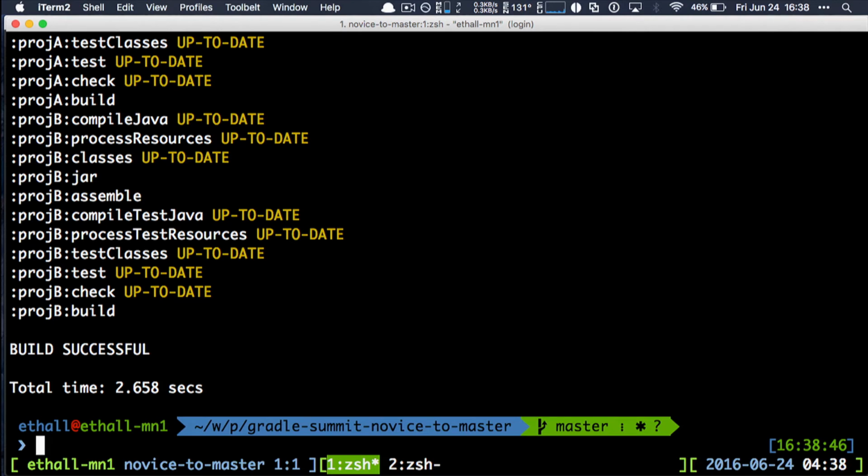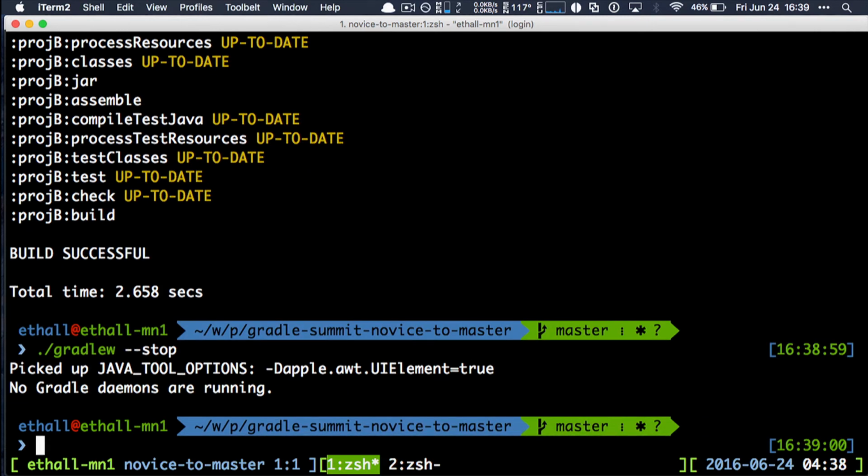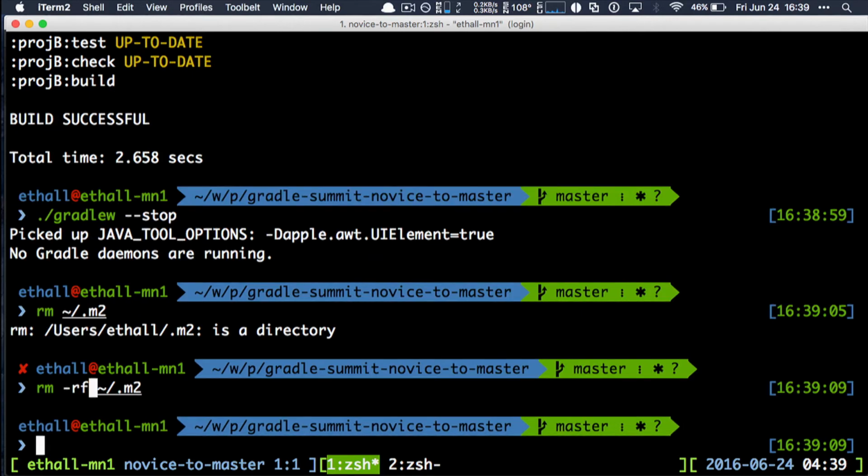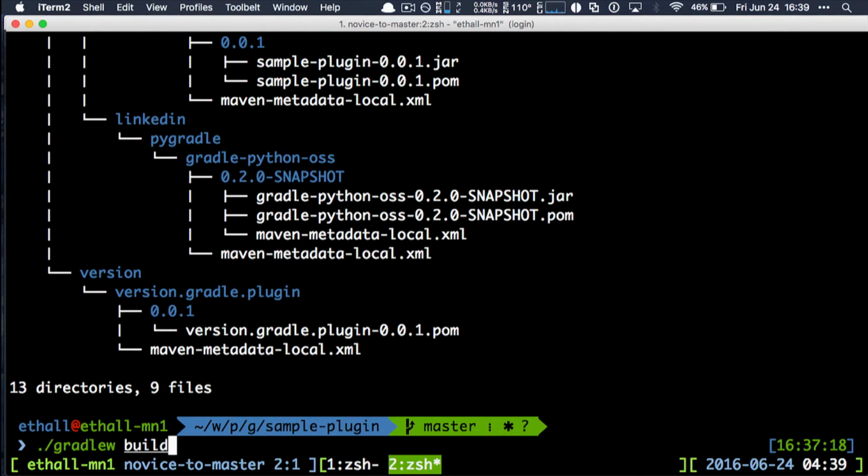I've got some class loader conflicts. I'm not using the most recent Gradle edition, so my caching is probably broken. I'm going to stop the daemon. Okay. And then I'm just going to delete the directory to pull from. And then I'm just going to publish this guy real quick. Oh, that's why I didn't publish him. So I forgot to publish the artifact to my Maven local.